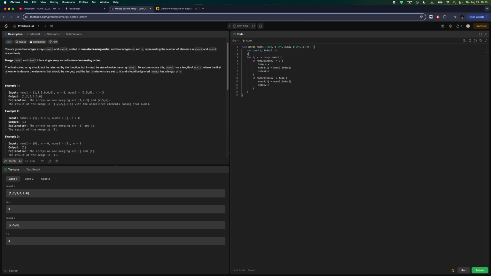Var temp is an array of integers, right? Temp equals append temp with